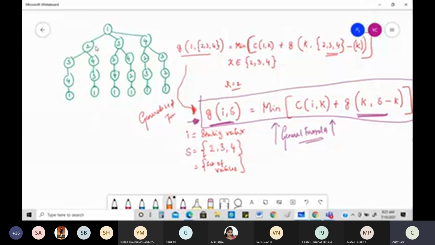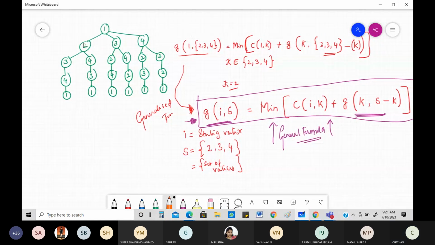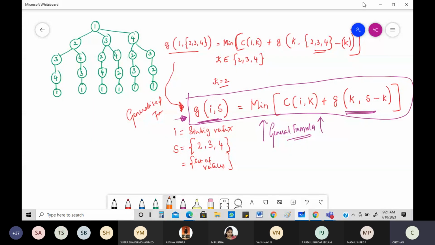Now see this, you had 2, 3 or 4. So that was only written in the formula. This is the formula which you are seeing now, the formula if you take source 1 as the vertex. You see 2, 3, 4. So I have written that only here, 2, 3, 4.